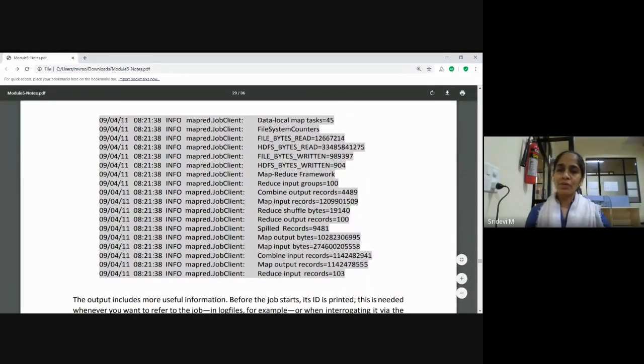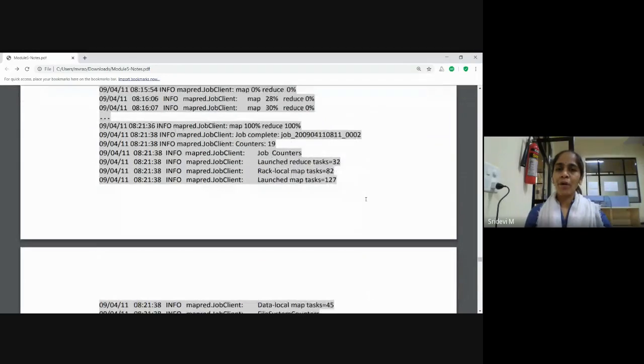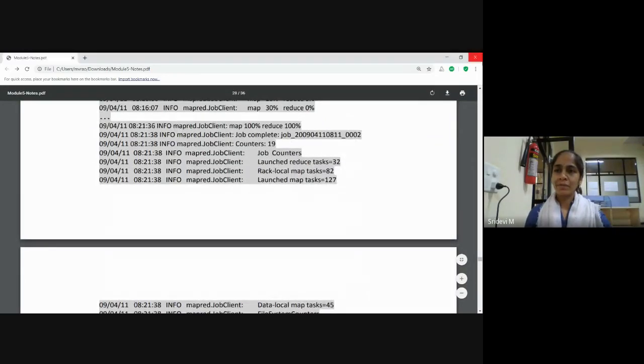It goes on like this to produce the output of the map job, which is utilized by the combiner phase, and further consolidation is done by the reduce phase. This is how we can understand this job output once it is launched.